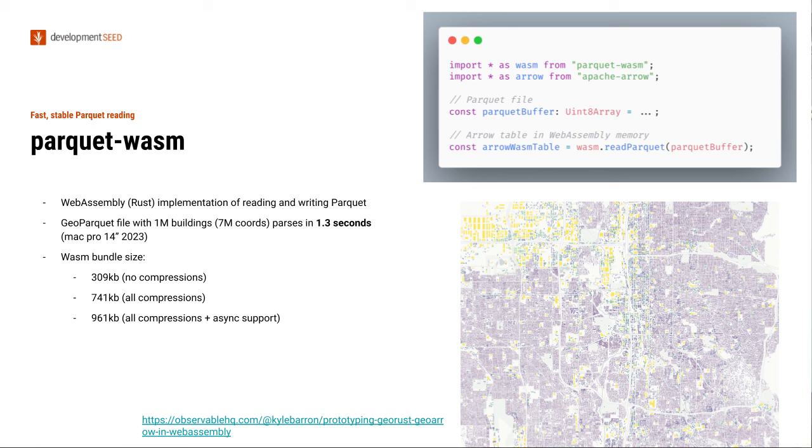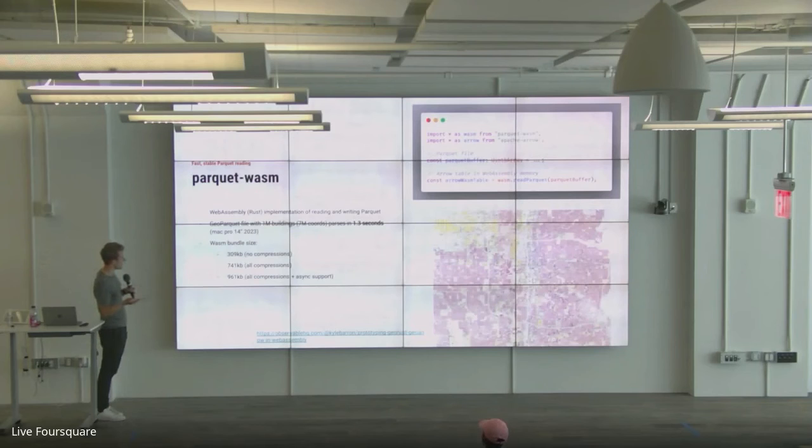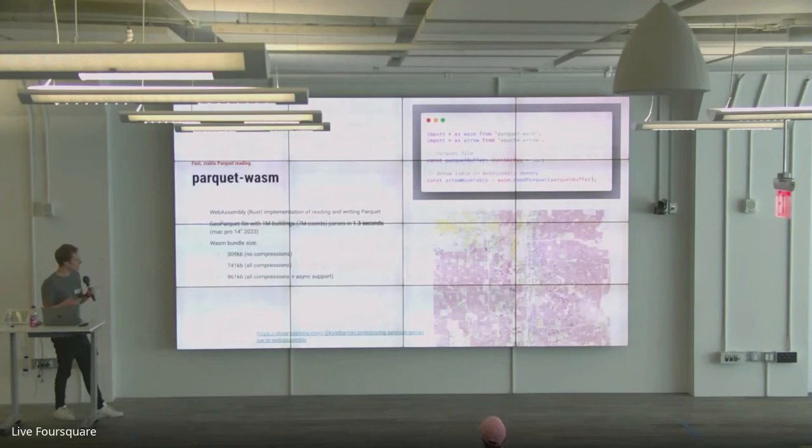This library is very modular in what you want to include if you're compiling it yourself. So it's as small as 300 kilobytes if you don't include any compressions. It's a little bit larger than that if you include compressions. All of the compressions in the Parquet spec, LZ4, ZSTD, gzip, Brotli, are included in 741 kilobytes to read